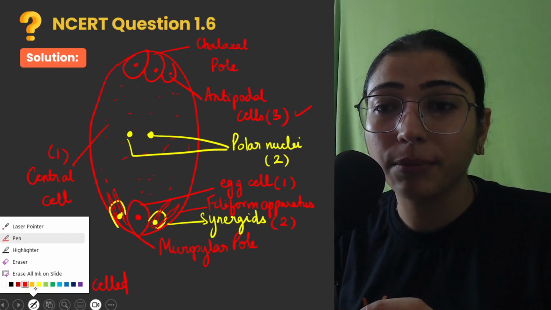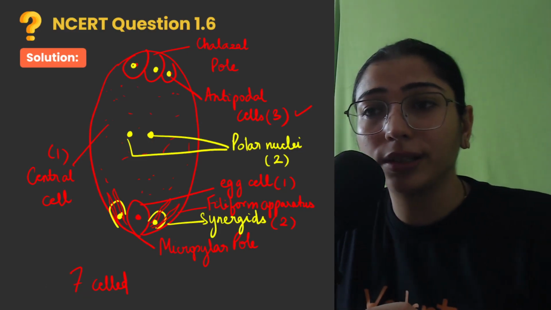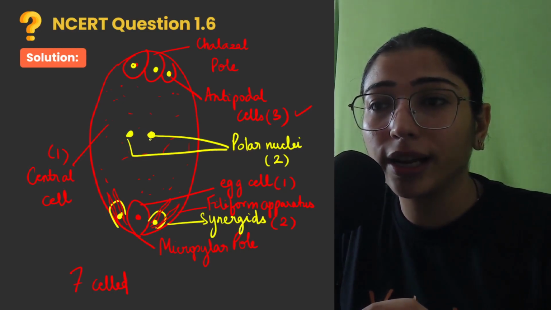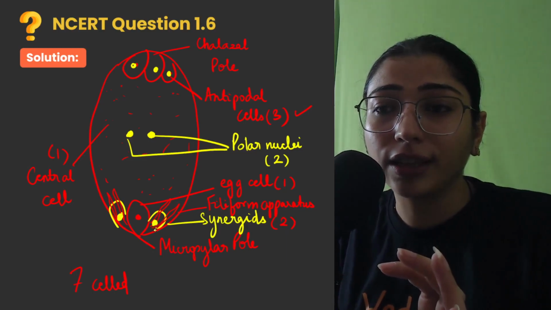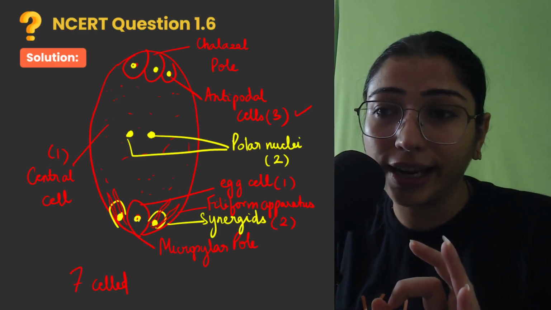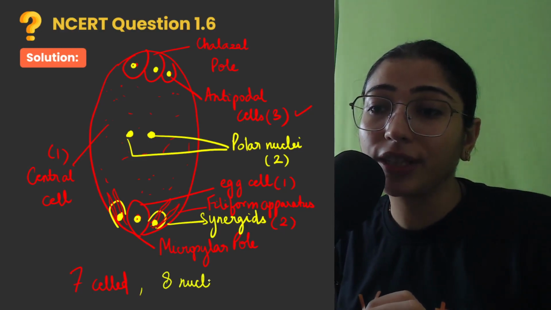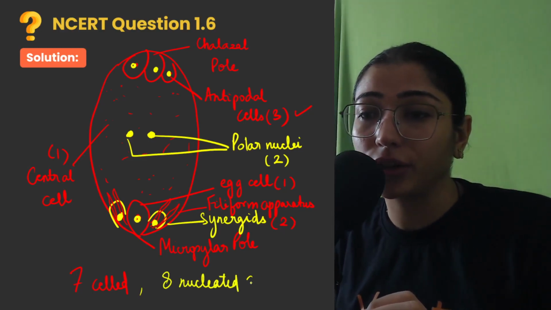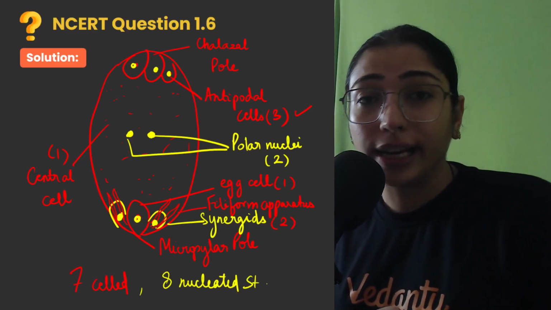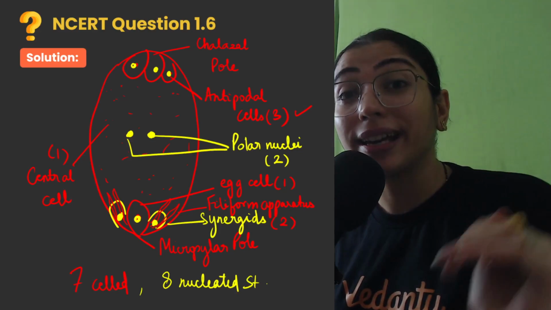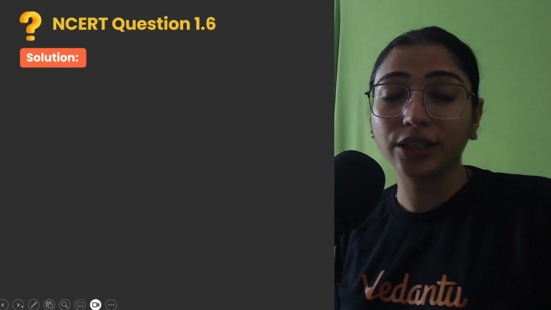But if you count the number of nuclei, see there are 3 nuclei in each of the antipodal cells. There are 2 polar nuclei in the center, that makes 5, and 6th and 7th are nuclei of the synergids, and 8th is of the egg cell. So basically children, it's a 7-celled 8-nucleated structure. Typical angiospermous embryo sac is 7-celled 8-nucleated structure. So that is what the characteristic nature of this embryo sac is. Right? Clear to you? Let's write the solution now.